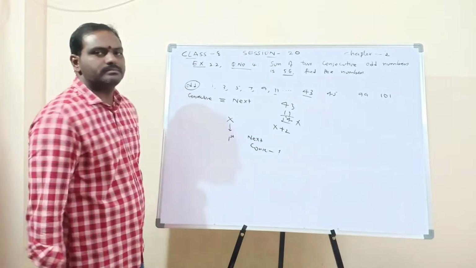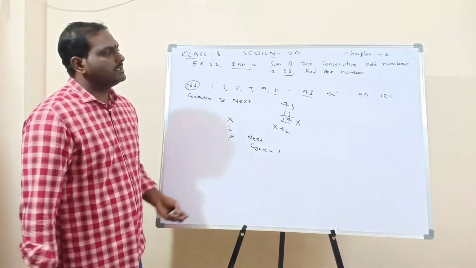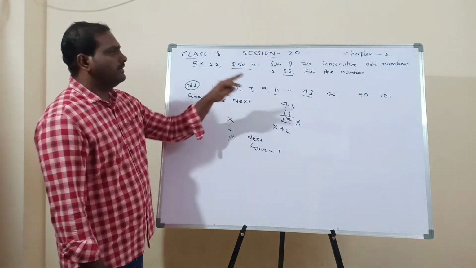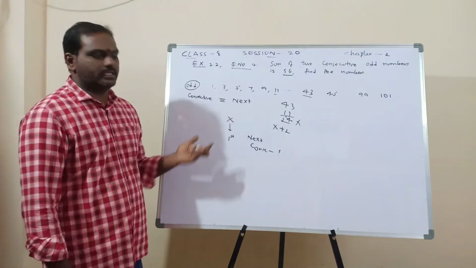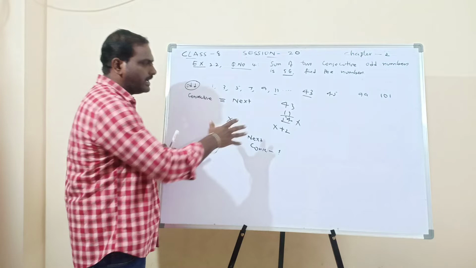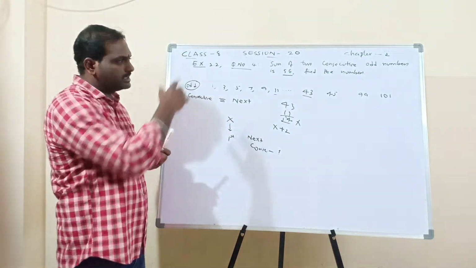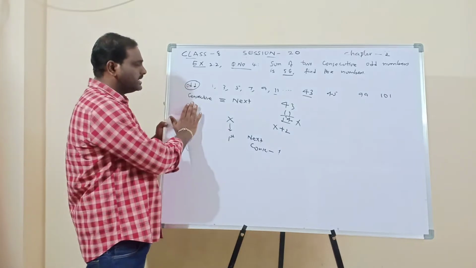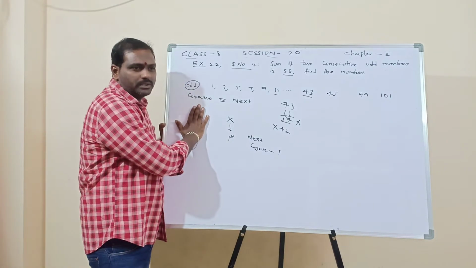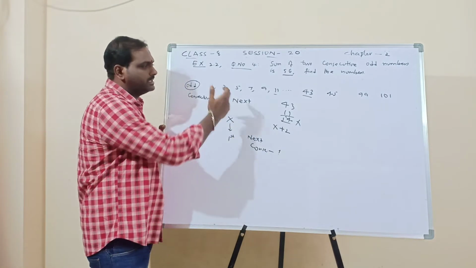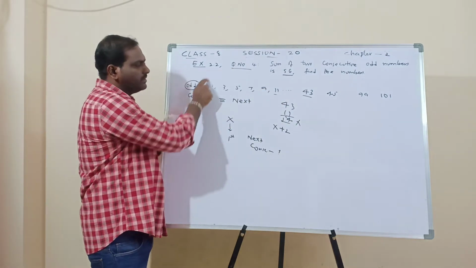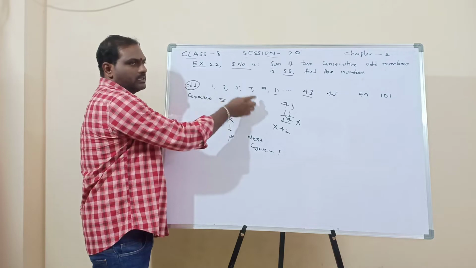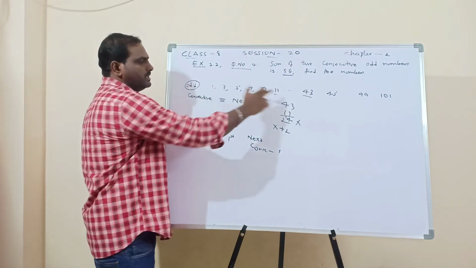That is the trick. Now the first number is x, the second number is x plus 2. If we add, we have to get 56. This is the way to find the trick in this puzzle. First we have to learn what odd numbers are, and second, what we mean by consecutive. Consecutive means the next number, so don't write 1, next is 2. Don't write like that. It's the next odd number.